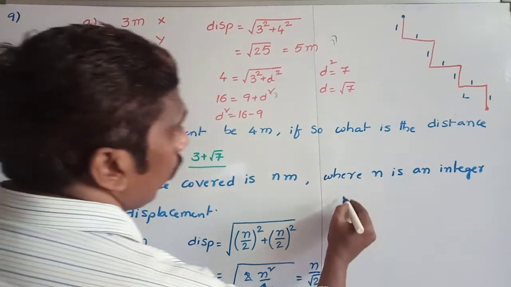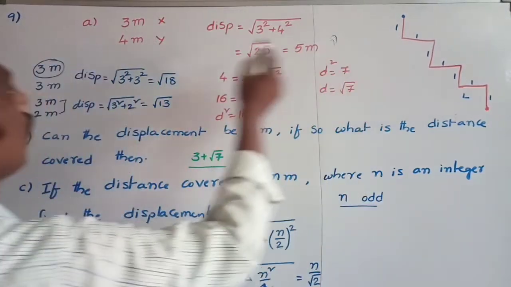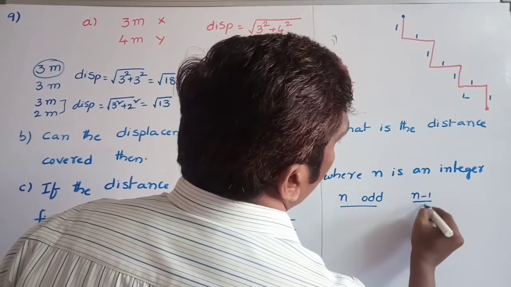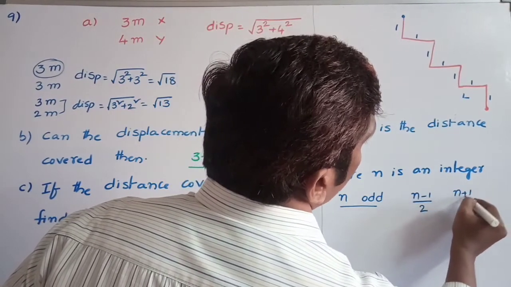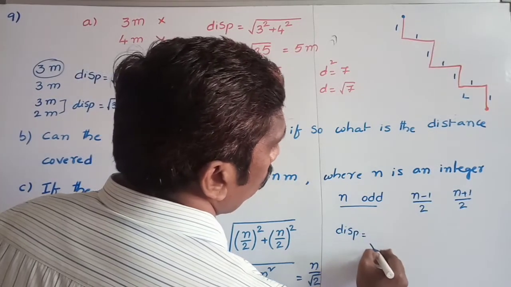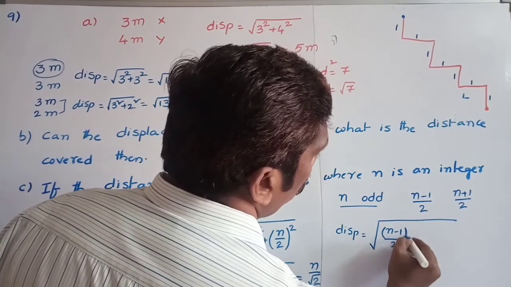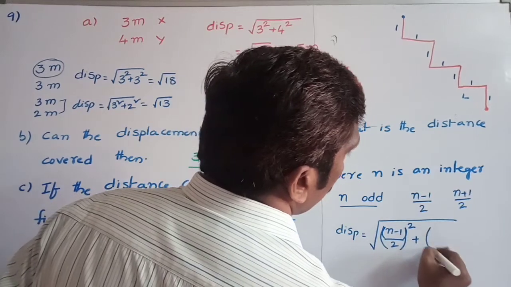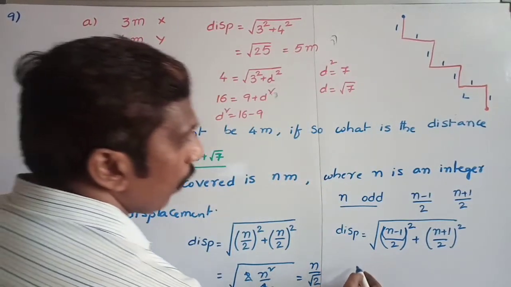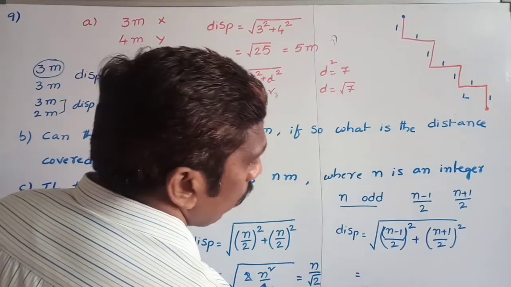And next, if n is an odd number, like 7, one side is (n minus 1) by 2 and the other is (n plus 1) by 2. So in this, displacement is equal to under root of (n minus 1 by 2) whole square plus (n plus 1 by 2) whole square. If we simplify, we can use the form (a minus b) whole square. First we can do like